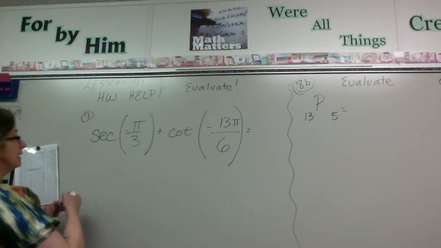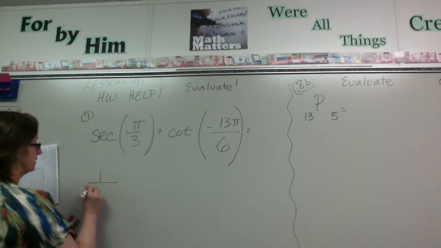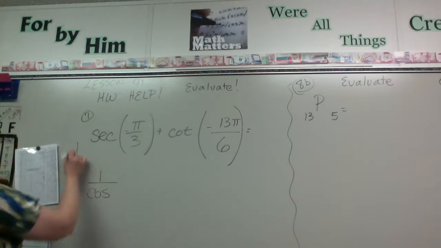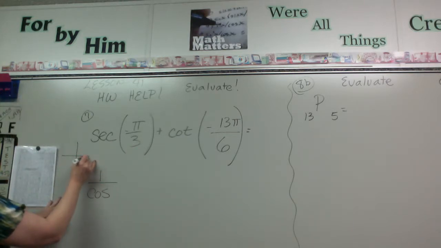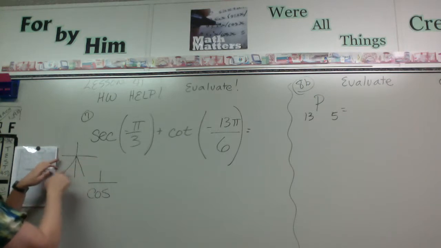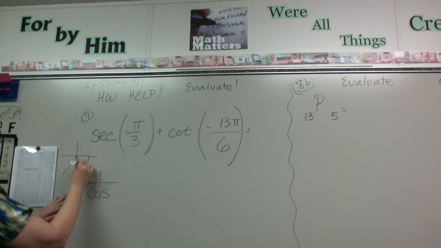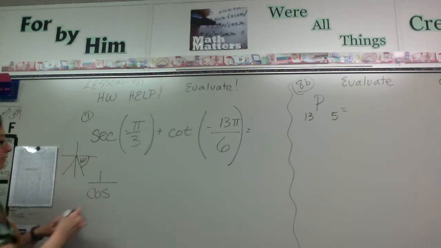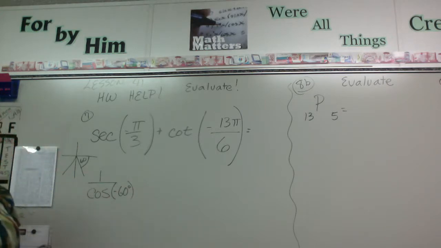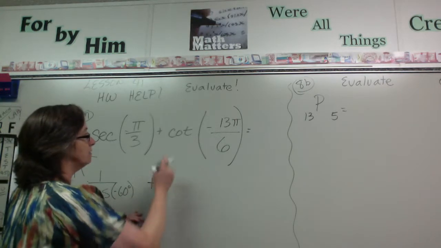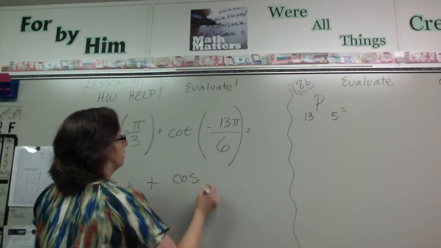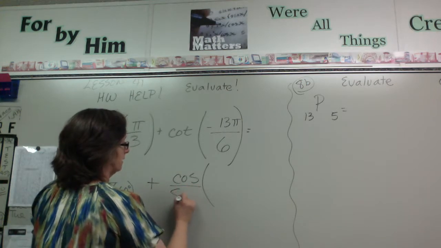So a secant is a 1 over a cosine, and negative pi over 3, when we look at our unit circle, remember the pi over 3's, this is a pi, so the pi over 3's are 60s. There's 3 of them in there. So this is going to be a minus 60 degrees down. So we could just go minus 60 degrees here, get it out of radians and into degrees. And then our cotangent is our cosine over our sine. Cosine of, and then sine of.